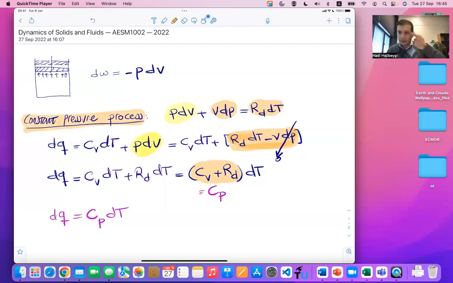So if the process was a constant volume process, it would have been Cv dT, change of heat flux or heat added to the system. If you add heat to the system, it would be Cv dT. If the process is a constant pressure process, pressure stays constant, change of the temperature based on heat added to the system will happen with the correlation factor of Cp, constant pressure heat capacity.